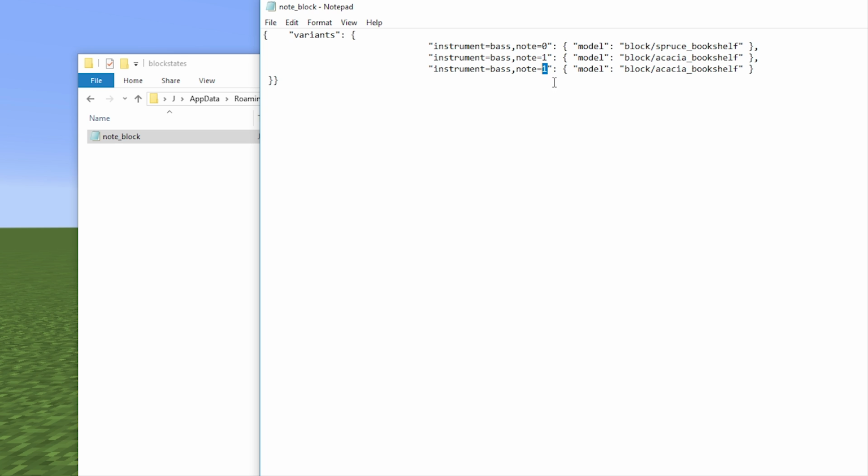So we'll change the first thing, change it to note number 2. And what we're going to do is, let's do something a little bit sneaky here. We're going to go into harp, and we could do this on harp number 0 as well. So we're just going to say instrument harp note 0. And I want to add in the birch bookshelf. So we'll go over here and we'll say birch bookshelf. And we'll save that, make sure we don't have that comma at the end,